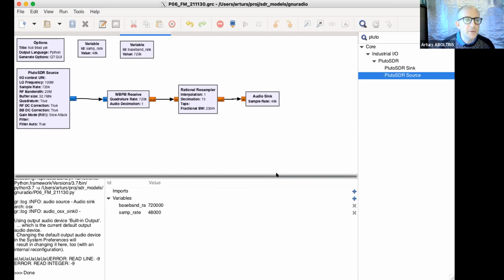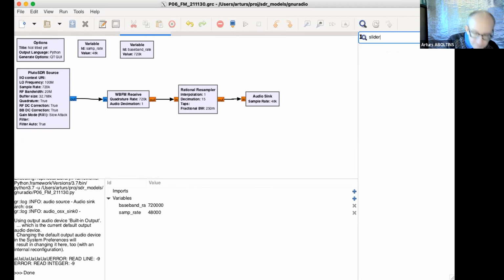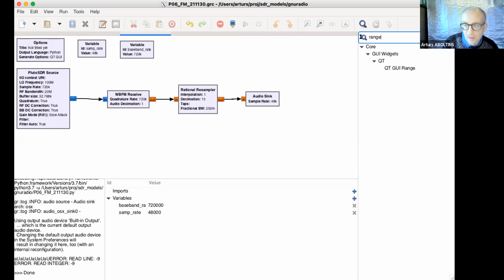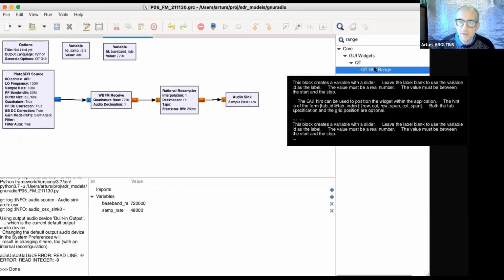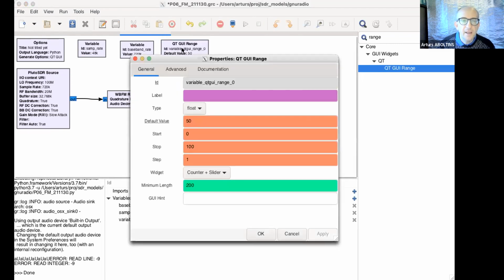First, we will add some slider to get some functionality of tuning on the frequencies, yes? So I go and find the slider. Okay, it will be range widget, yes. It's a QT, the slider is called QT GUI range. This is a slider, in fact, and here we will change the frequency. So the default value will be 100 megahertz,